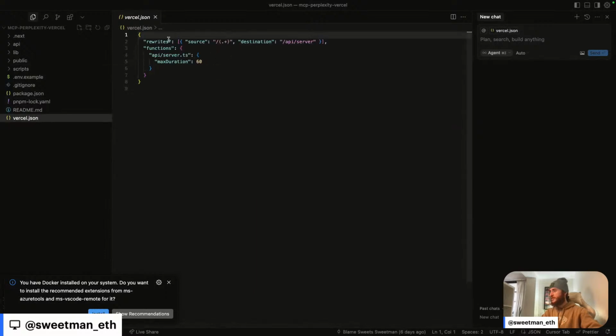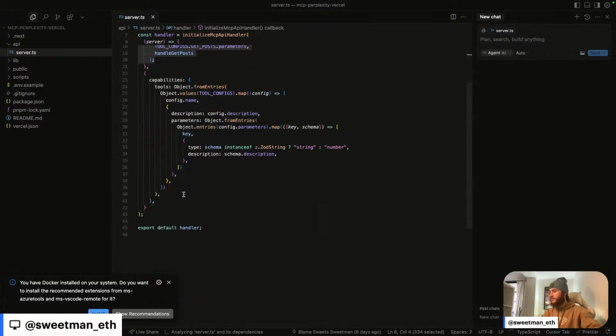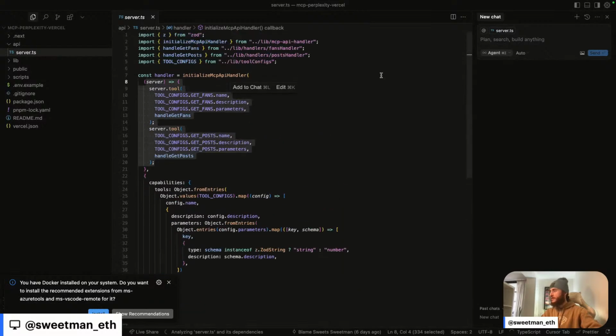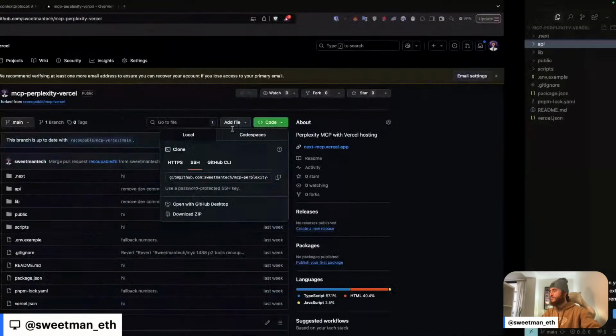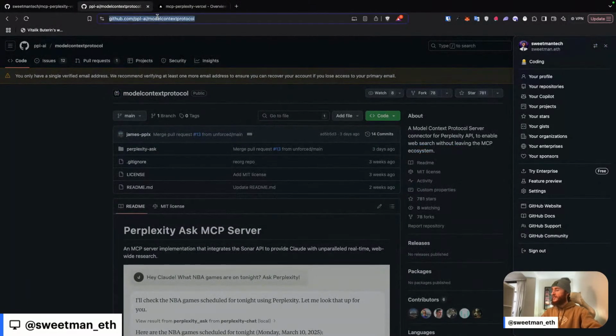API server is the landing page, it seems. So we go into API server, and here we've got our tools being defined, and then we've got our capabilities. And so what I'm going to do is try to take this